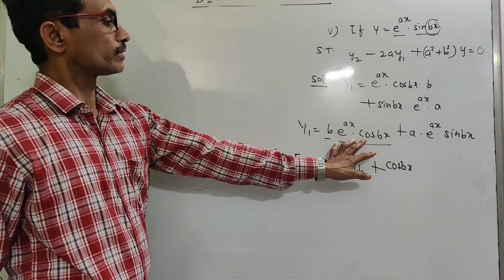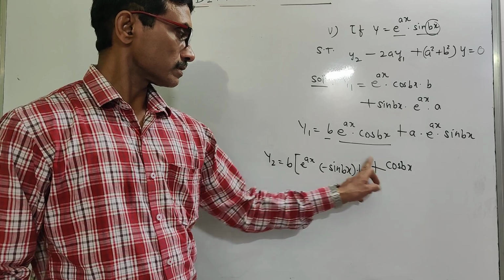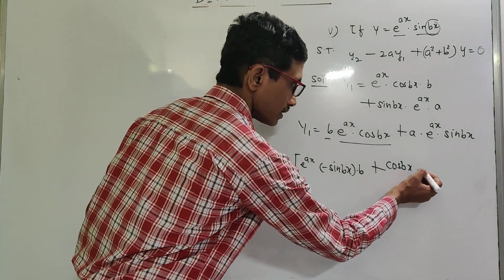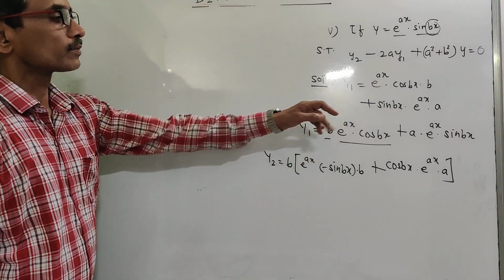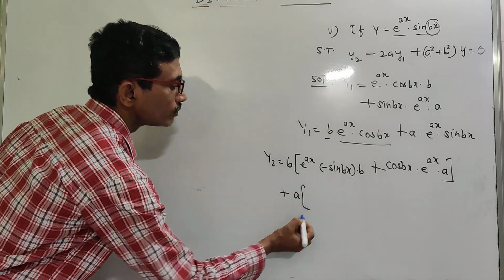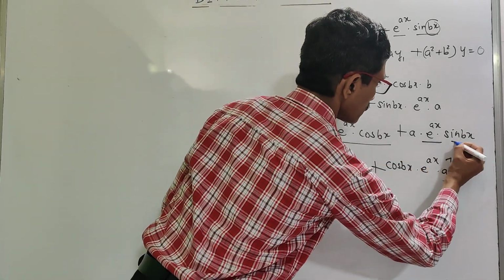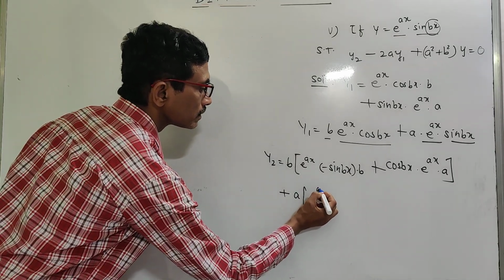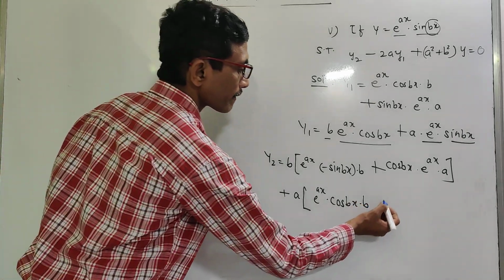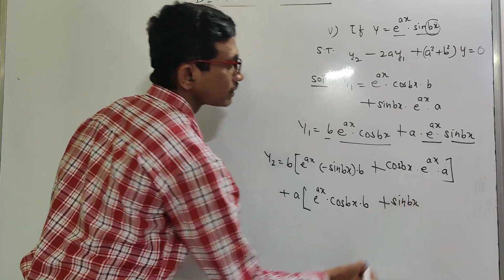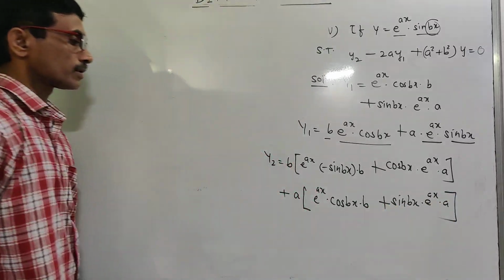cos एक फर्स्ट टर्म और ये सेकेंड टर्म, तो हम फर्स्ट टर्म का ही डेरिवेटिव इतना ले रहे हैं. तो cos bx as it is derivative of e raised to power ax, which is e raised to power ax into a, ये हो गया फर्स्ट टर्म का डेरिवेटिव. सेकेंड टर्म का डेरिवेटिव फाइंड करना है, a into डेरिवेटिव ऑफ दिस e raised to power ax sin bx derivative is cos bx into b, plus sin bx derivative of e raised to power ax into a. This is second term का derivative.